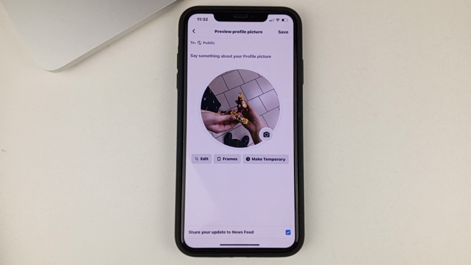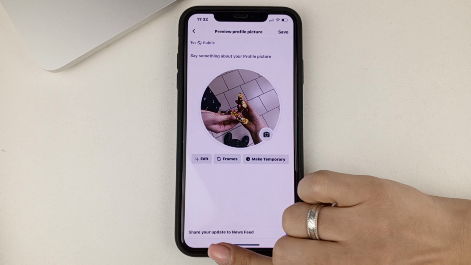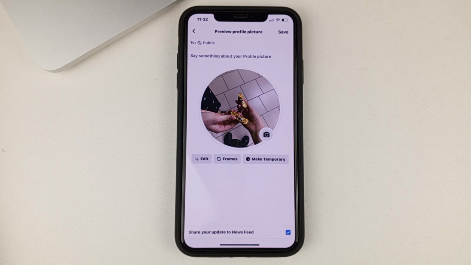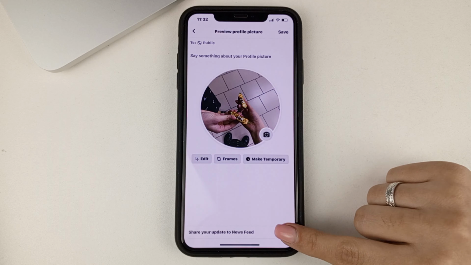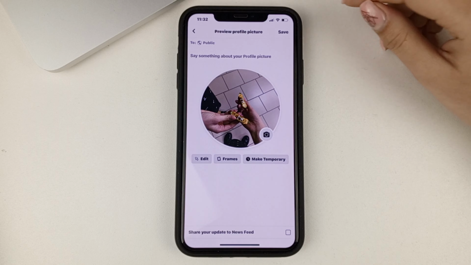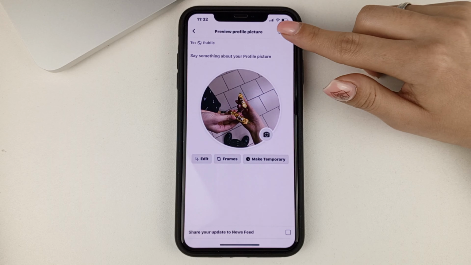And now, let's say you changed a photo, you want to put it up, but you don't want all your followers to see that you've done it. Then you just need to, at the bottom of the screen, near the line that asks if you want to share your update in the newsfeed, uncheck this checkbox, which is always the default here. Now you and I can click Save.